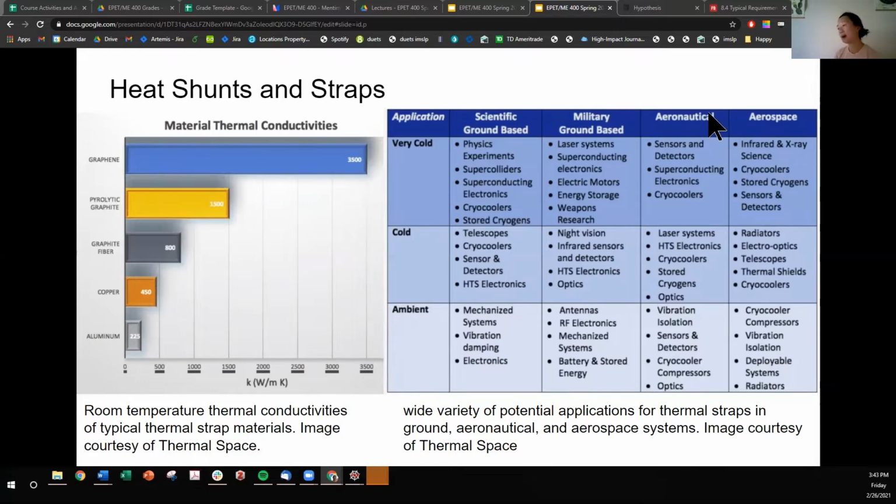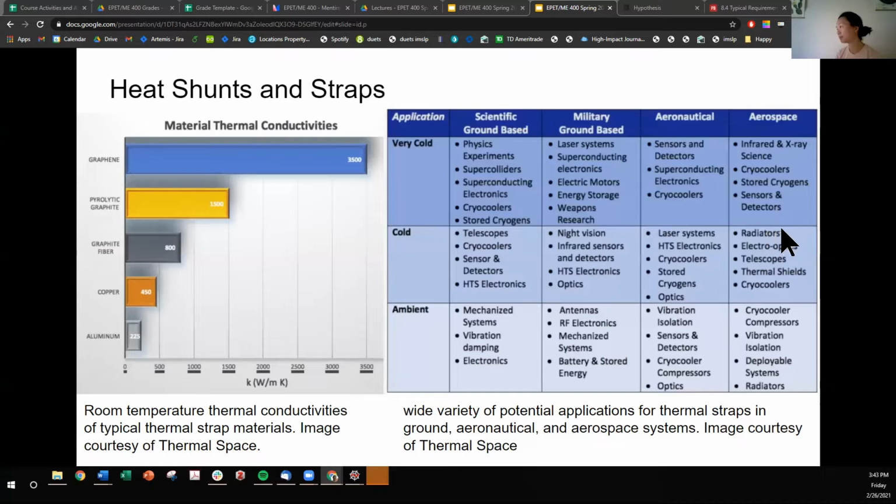And then there are a wide array of potential applications for thermal straps. Let's just look at the aerospace end of the applications. So for very cold applications, we could see heat shunts and straps used for infrared and X-ray science. Remember, optics are quite thermally sensitive and want to be quite cold. We'll see heat shunts and straps used for cryo coolers, for stored cryogens, for sensors and